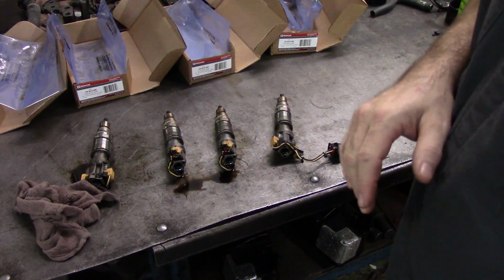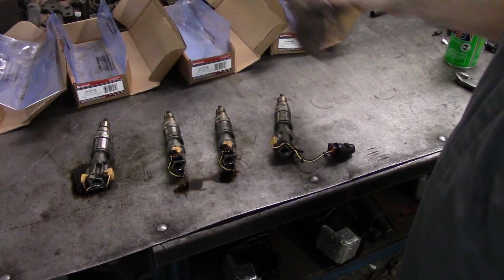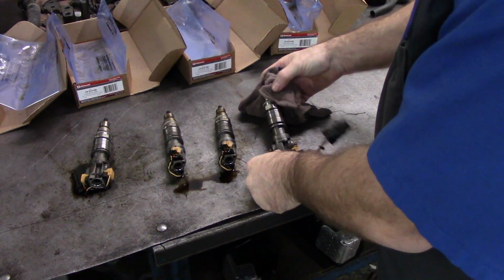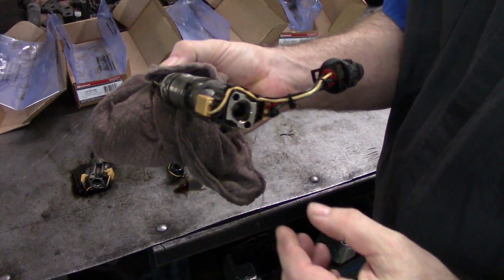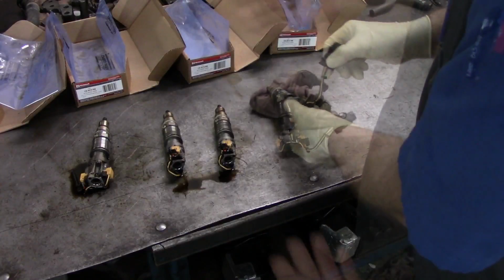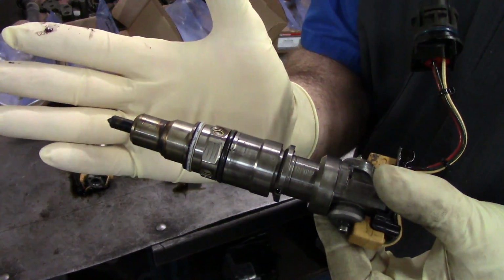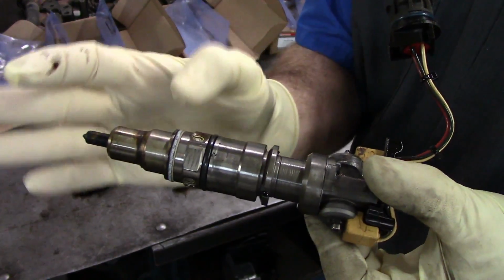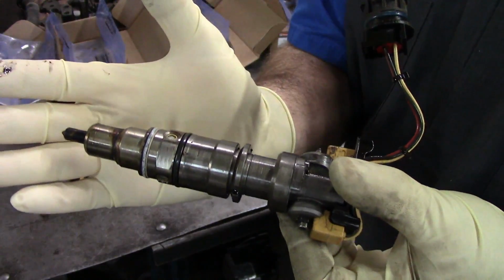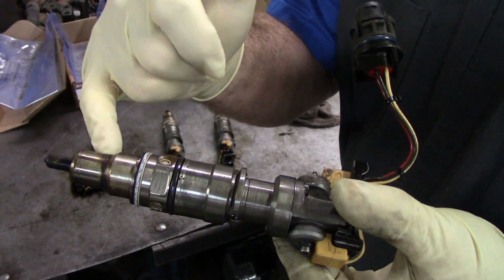Injectors we replaced, obviously. And a quick word about these. Whenever I take an injector out of a Huey truck, a couple things I'm looking at here. Biggest thing when I examine the old injector is I want to make sure this area right here between these two O-rings, this is where the fuel comes in. I want to make sure it's shiny like this. If it's really stained and really brown like that,